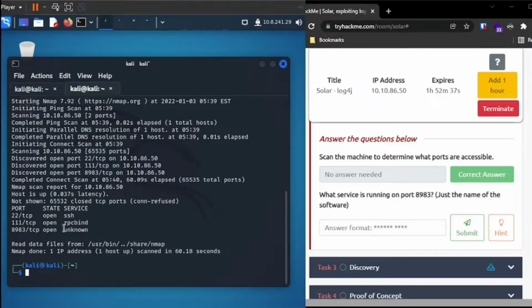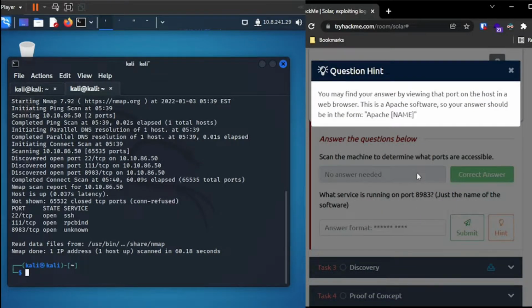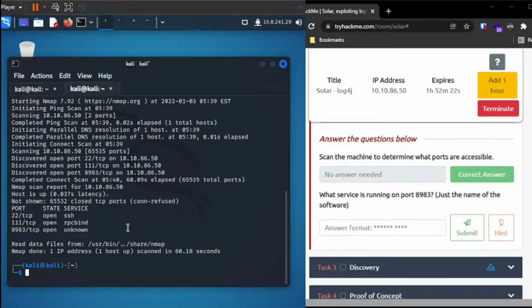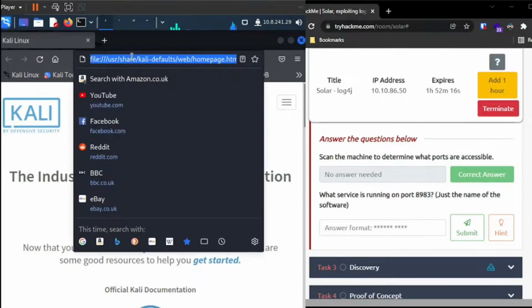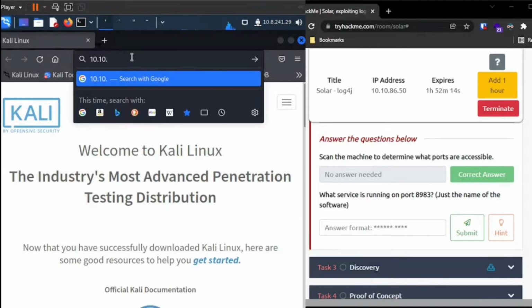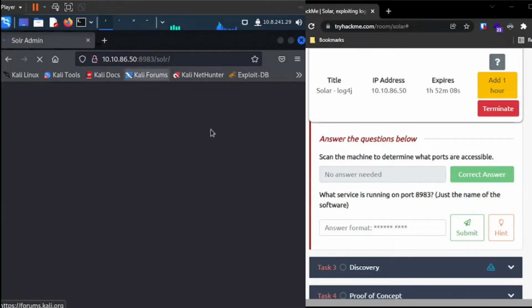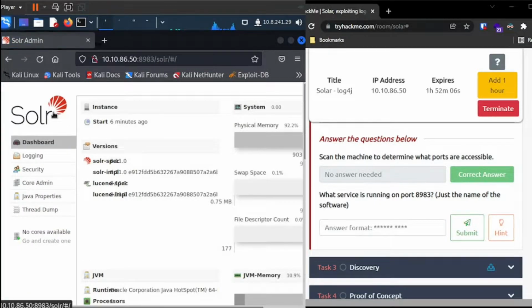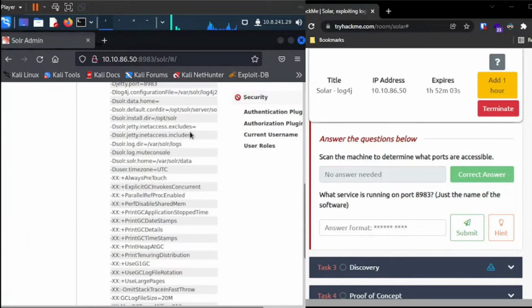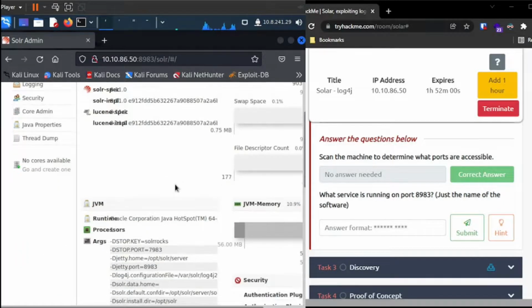Okay, so we've got here, it says unknown on 8983. So the question is, what service is running on port 8983? Okay, so we might have to look at it because it says unknown. So why don't we try bringing it up in Firefox? So let's open Firefox on our attacking machine. And we'll go to 10.10.86.50:8983. Okay, so it seems to be called Solr, and I think Solr is made by, doesn't work very well with this,